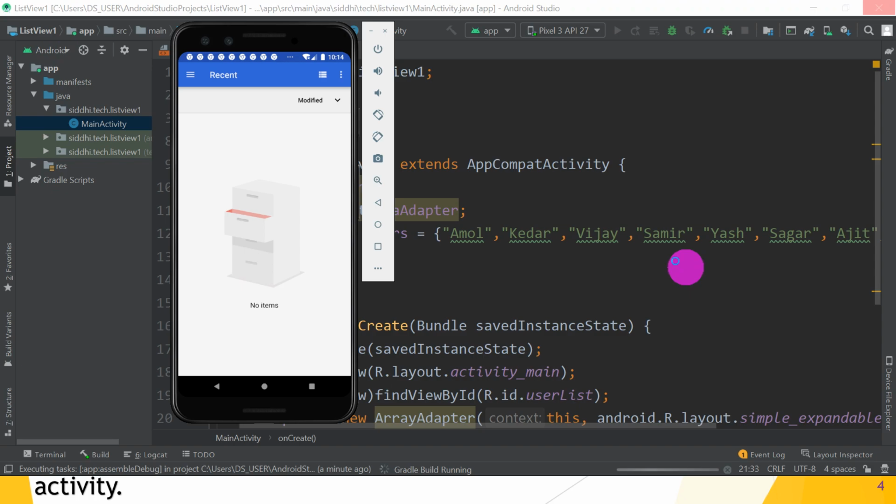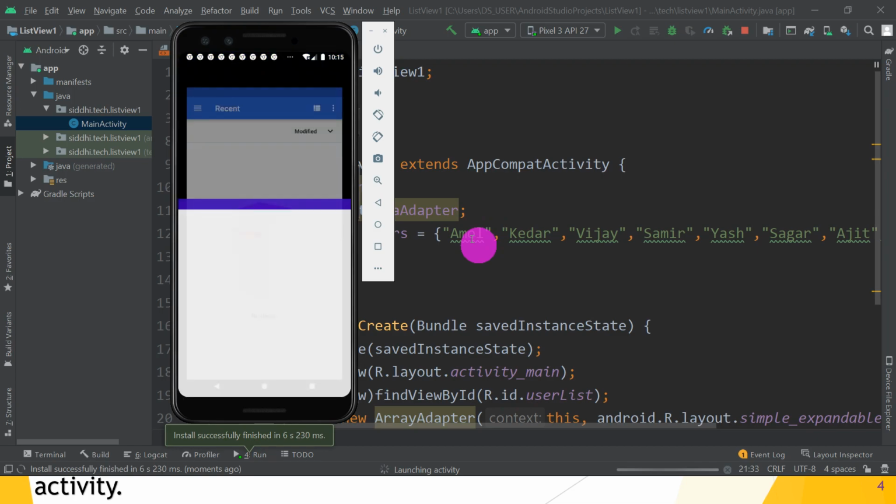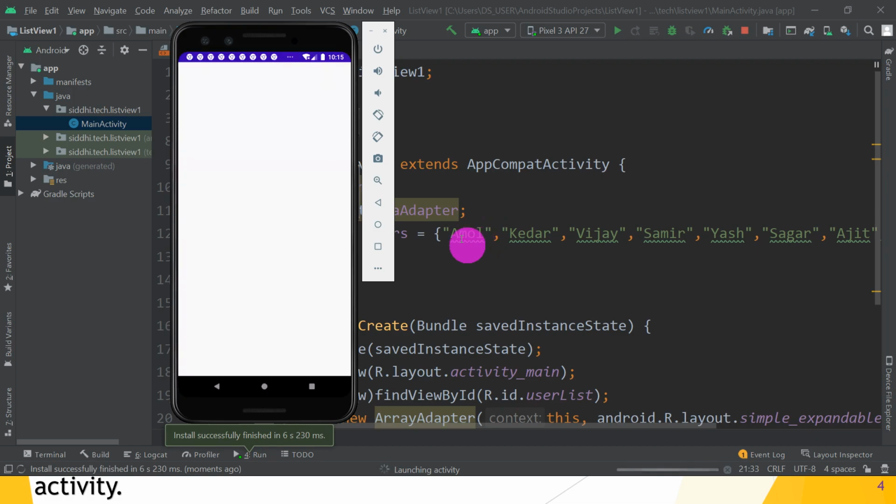Guys, hope you understand. So I will summarize it. What is ListView? ListView is used to display a list of scrollable items in multiple rows, and list items are automatically inserted into the list using an adapter. Great.